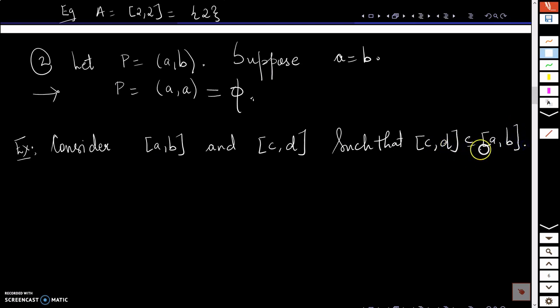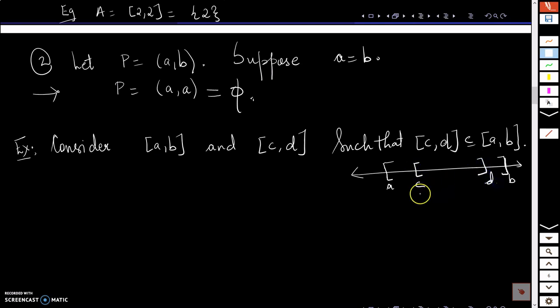Okay, then what relation can we have between these numbers A, B, C and D? If you put it on the number line, I have the interval AB. So A must be somewhere here, B must be somewhere here, closed interval. And we are given that the closed interval CD is a subset of this. So it has to lie somewhere here,